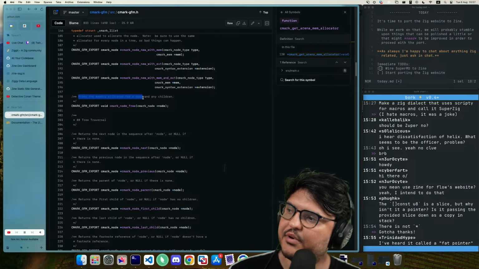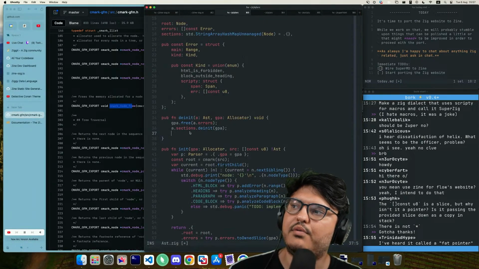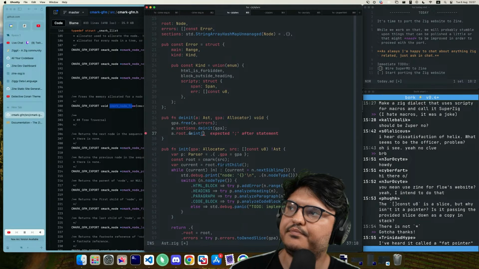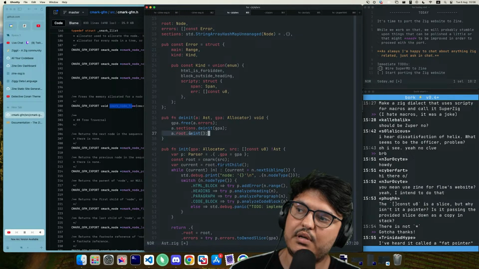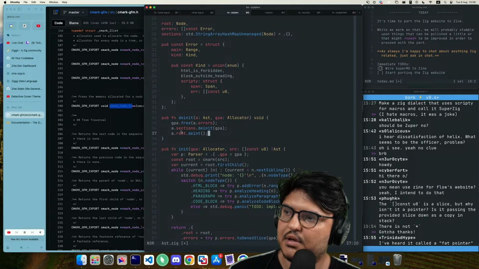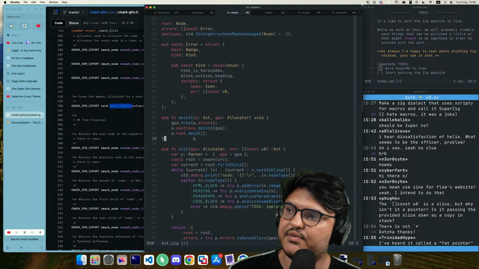Let's see. Free the memory allocated for a node and any children. Okay, so we want to call CMark node free. So well, I guess for us it can be like a.root.deinit. We don't pass down GPA because this is like C malloc stuff. But we need to implement the deinit, so let's go do that.